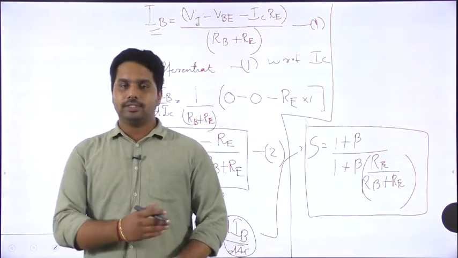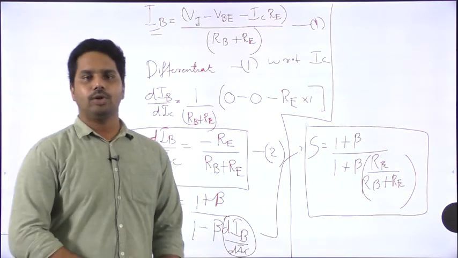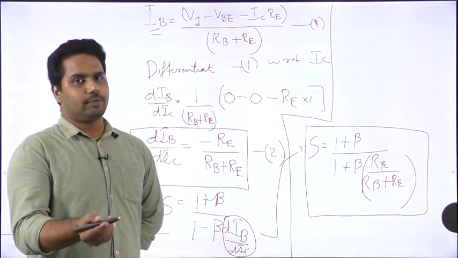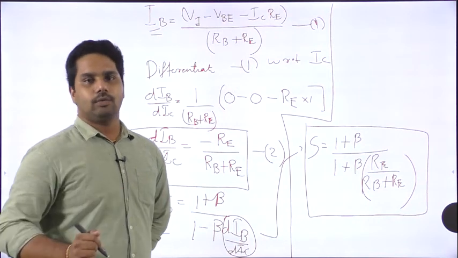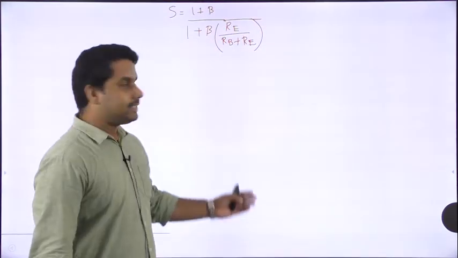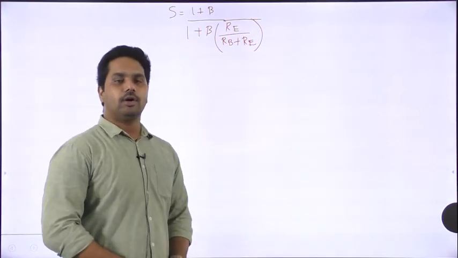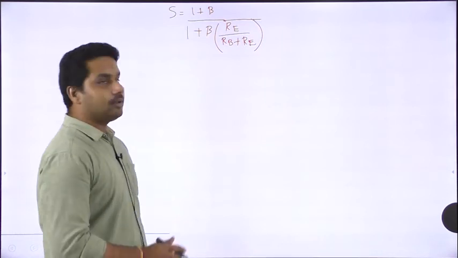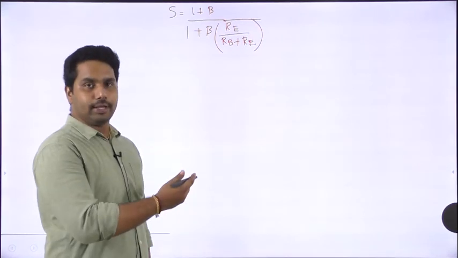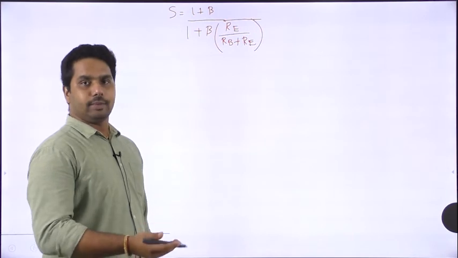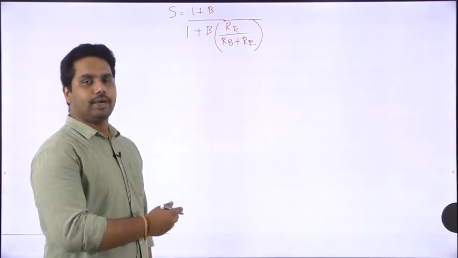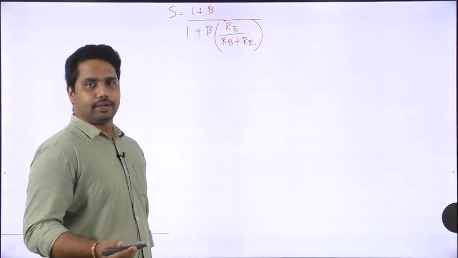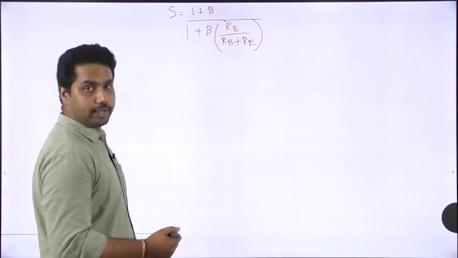And at the beginning of this voltage divider biasing, I told you this is the most commonly used. Okay, so some reason will be there for that. Let us see what is the reason for that. So this is the stability factor equation we got for this voltage divider biasing. So I told you why this is the most commonly used biasing method when comparing to the other two, fixed biasing and collector to base. Some reason will be there, right? So we will see what is the reason for that.